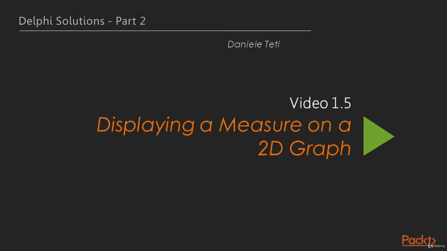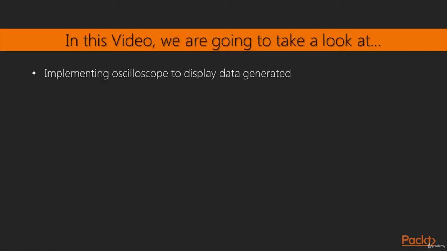Hi, this is the next video of the first section, displaying a measure on a 2D graph like an oscilloscope. In the previous video, we saw how to synchronize multiple threads using TEvent. In this video, we'll use the TThreadedQueue extended class to bring out data from the background thread to the